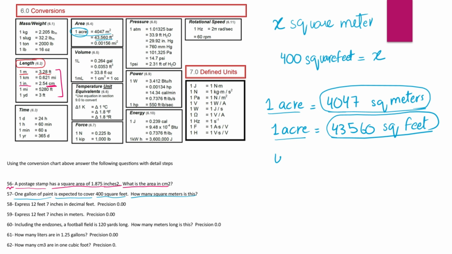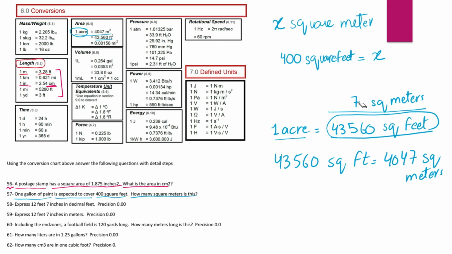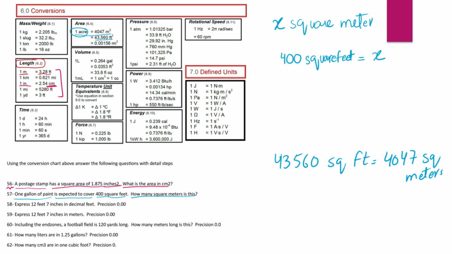So it means 43,560 square feet is equal to 4047 square meters, right? So this is the conversion we are going to use now. Let me just remove all of them now. We are saying 43,560 square feet equals 4047 square meters. Now you can see here that I have written on both the sides